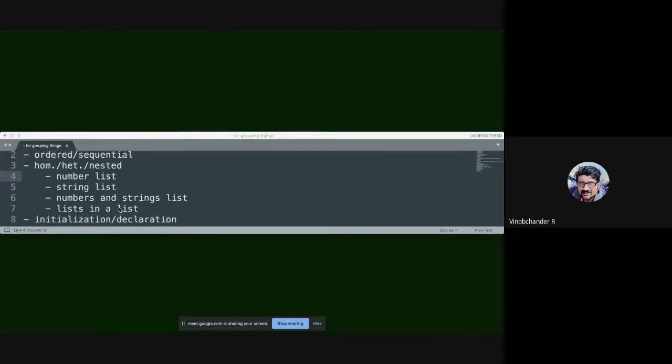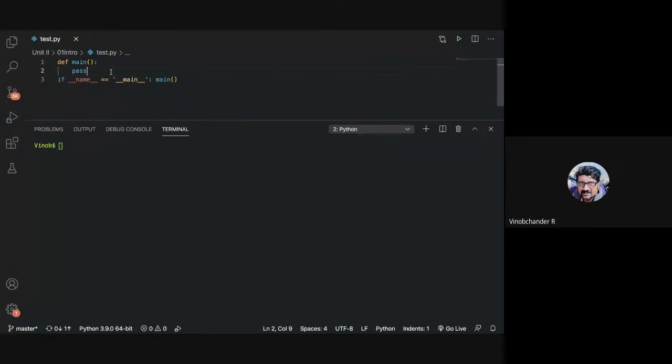Initialization or declaration. How do you initialize or declare a list? When I say x is equal to this, what does this mean? You are initializing an empty list, typically. So when I say 1, 2, 4, what is this?